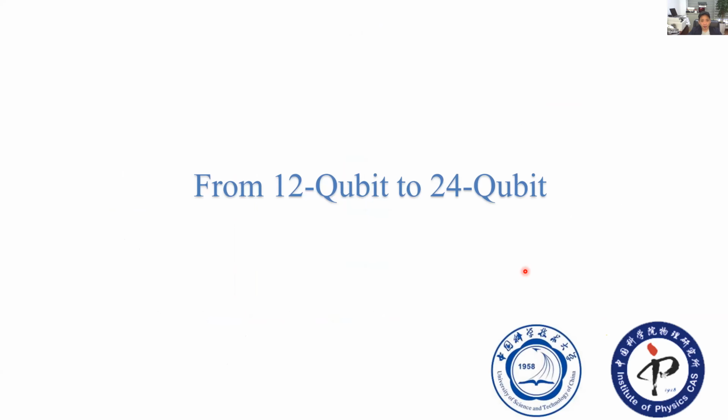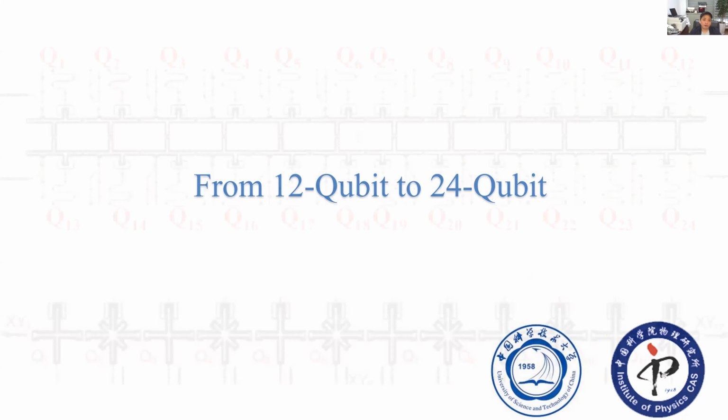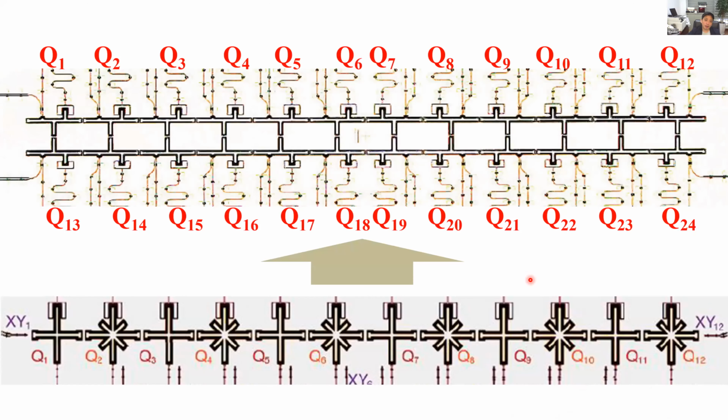Okay, the 12 qubit system is just a 1D chain, as this is a simple structure for such qubit systems. What we finally want to do is go to two-dimensional structures. For that, the first step, we think, is to do it step by step, from a 1D structure to a quasi 2D structure. That's the first step we have tried. In the first generation, the 12 qubit is 1 by 12, just connected by a 1D chain, and then we go to a 2D ladder structure. That means 2 by 12, so we go to 24 qubits.